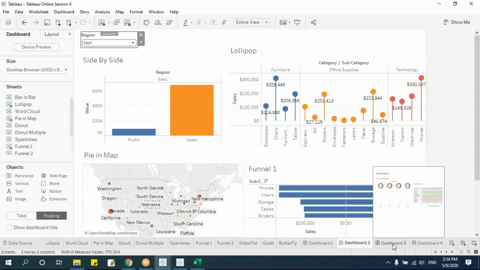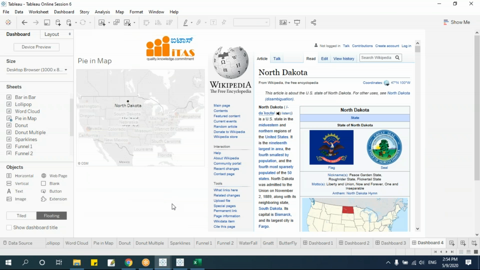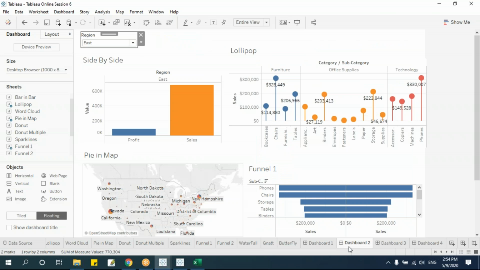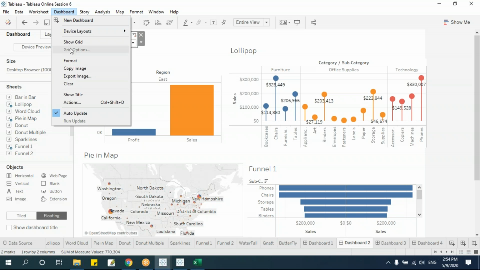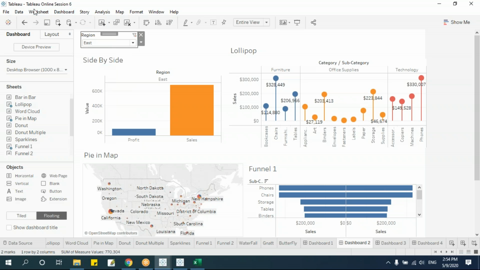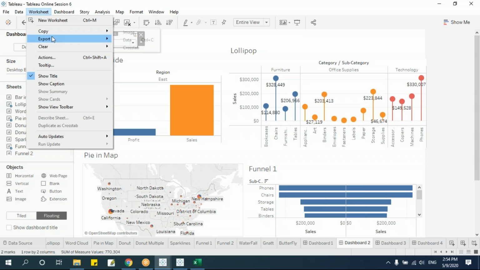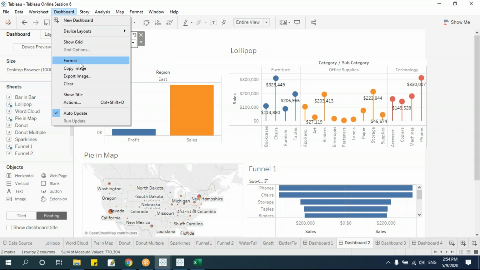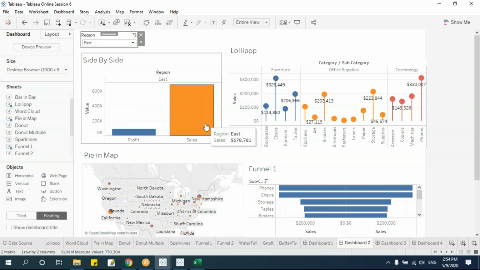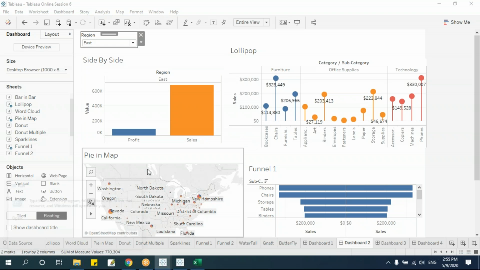Okay. Now let me come back to this report. Let's say I will take this report and I want to export this. You can go here, say dashboard, and say copy image, export image, like what we did in our worksheet. I can say copy image or export image. Let's say I'll use this copy. Now I can go to this